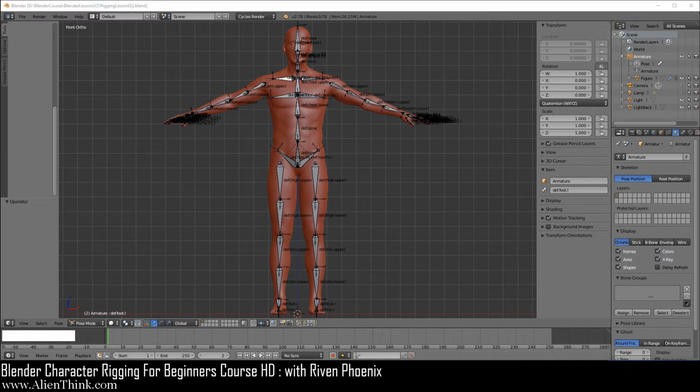Okay, so what we've done so far is basically completed the first stage of the rigging process. And this was really the most important part of the process, because this is how your character is going to deform. Now, the next stage is to create the non-deformed bones, basically the mechanical bones, to drive these deformed bones to give us much more realistic human figure movements. Basically, it's a more automated rigging system.